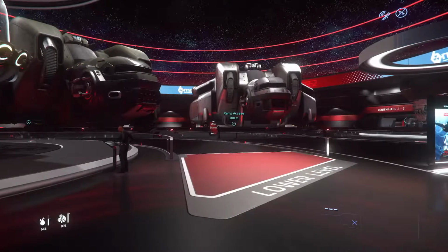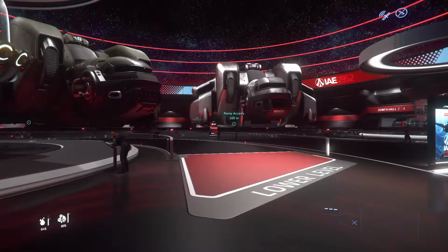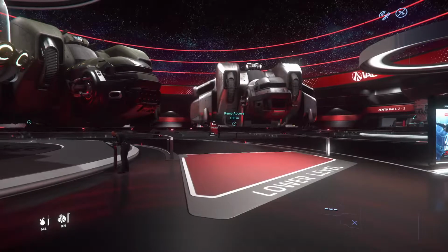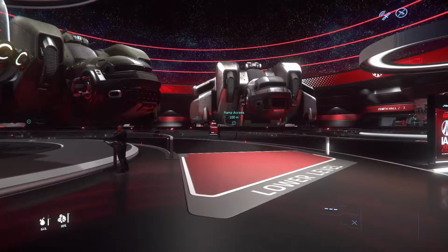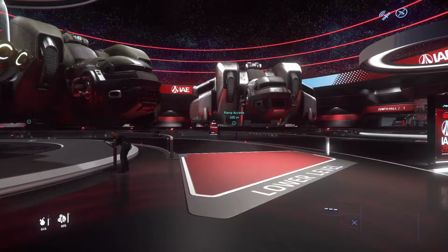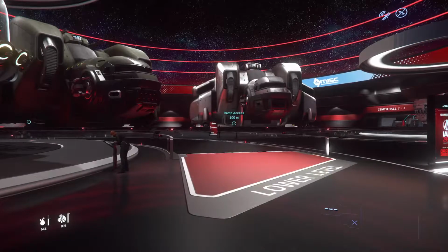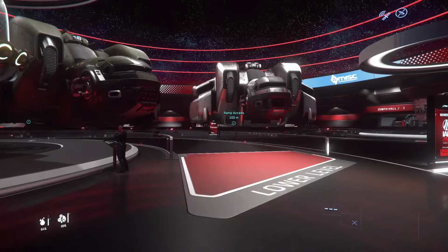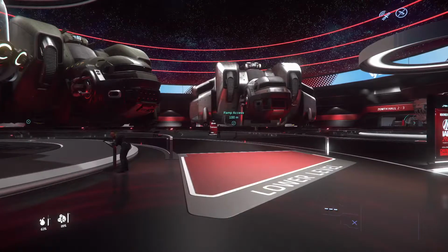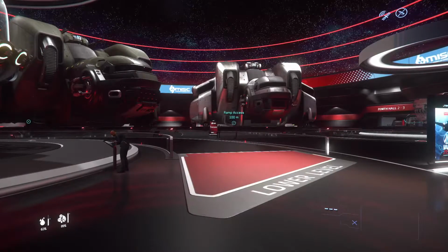It has 2 shield generators, size small. It has 2 coolers, cooling units. It has 2 fuel tanks and 2 fuel intakes. And then it has 2 weapons, size 2. Let's see. Cargo 0. But technically, you could probably bring in like a small